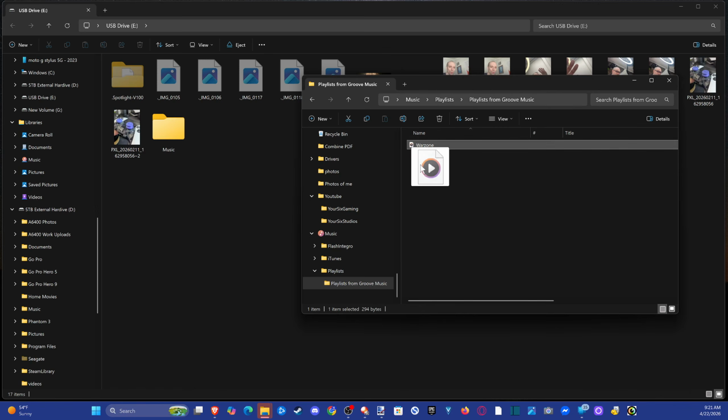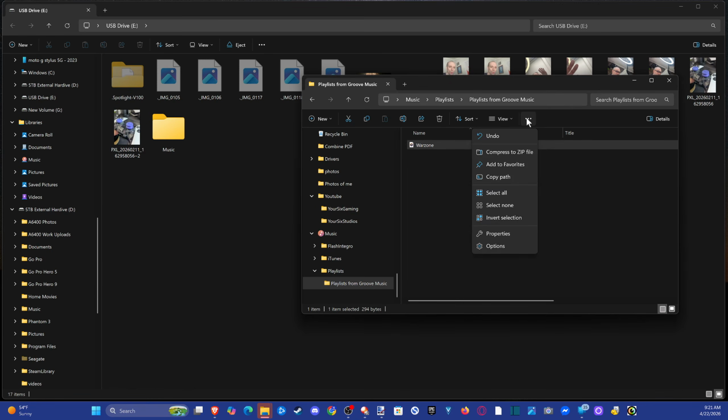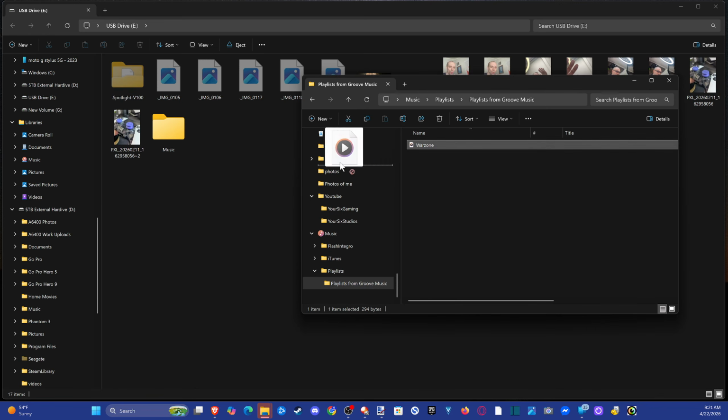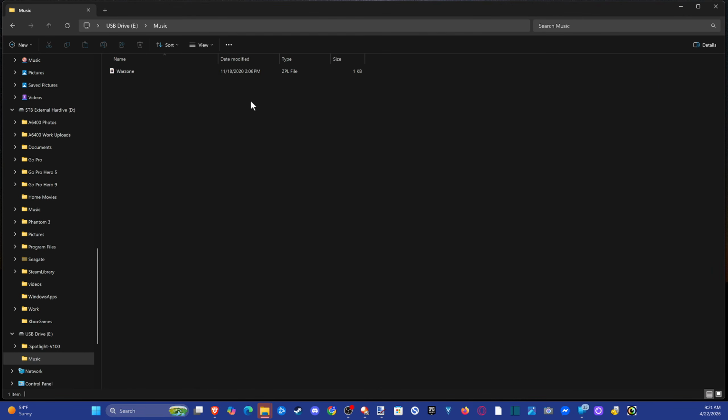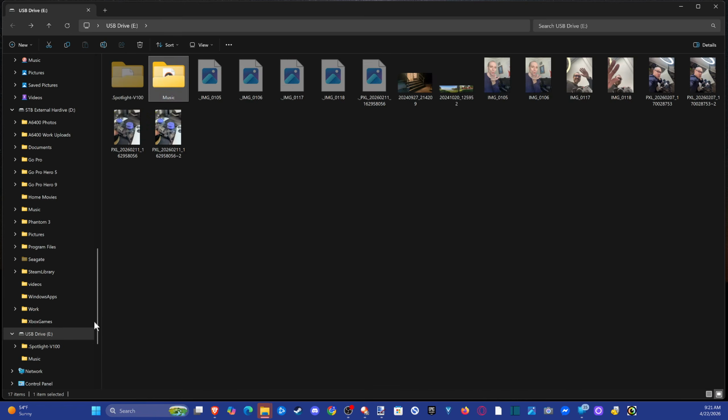So I can take this now, or I can go to the top here and go to select all if I have a bunch of audio in there. And then I can drag and drop it right into this music folder on my E drive. And it should be in here now. Now I can go back to This PC,